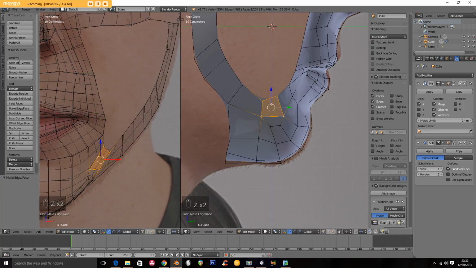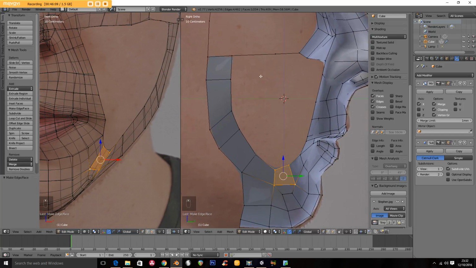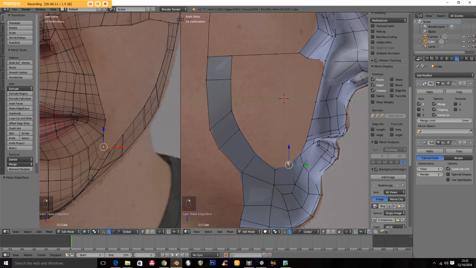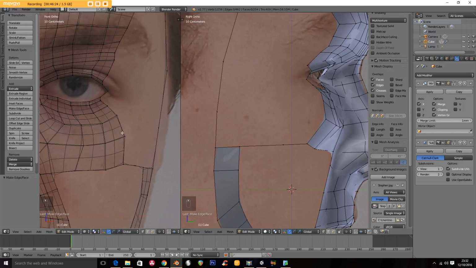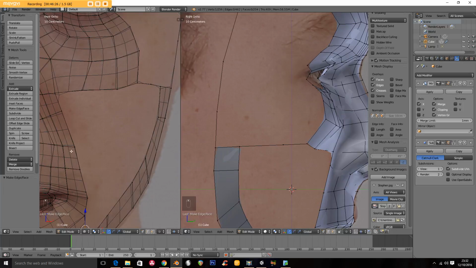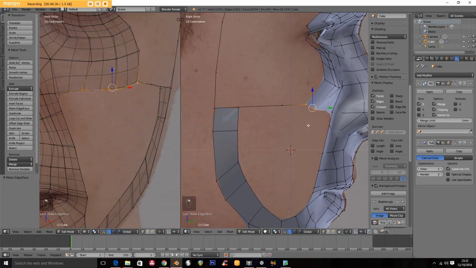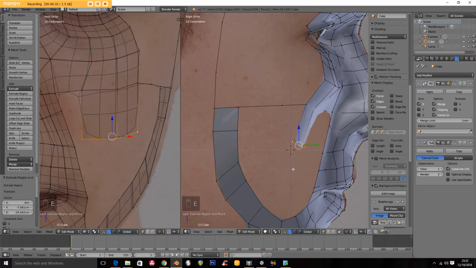So yeah, we have a bit more filling in to do. Again, I'll bring this up to here, and this will probably join up with that one, and again we'll have some fiddling around to do to fill these in and bring the eye across as well. So a little bit more to do, but we're getting there. So I'll take those 3, extrude down, and push in a little bit, to emphasize the positioning of the